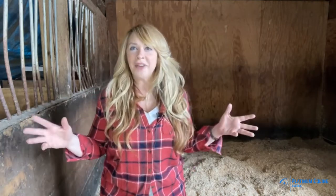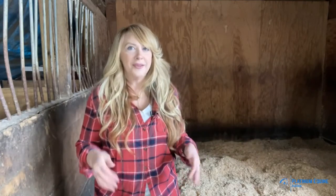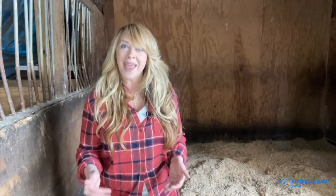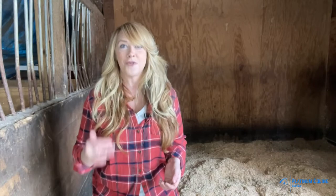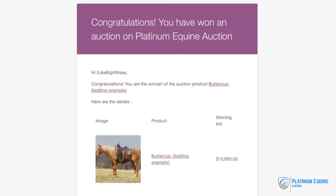Now, regardless of how much your max bid was set at, you only pay the winning bid price. For example, on the auction on Buttercup, it ends at $14,000, but you raised your max to $23,000. Well, you still only pay that winning bid price of $14,000. You win. After you win an auction, just give a seller a call, or the seller will call you to